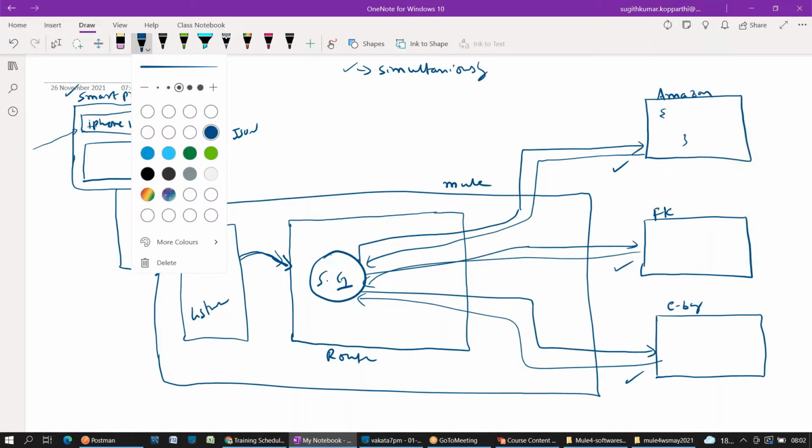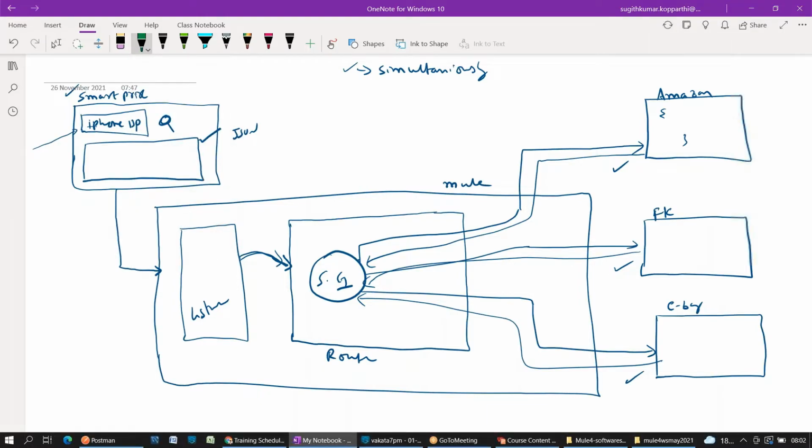Here we can use a very important component that plays a major role in integration platforms, called a transformer, which will take these three different outputs, that means different formats from the scatter-gather, as an input. The second requirement is that he wants to concatenate all three responses into a single output, and that output should be in JSON format.